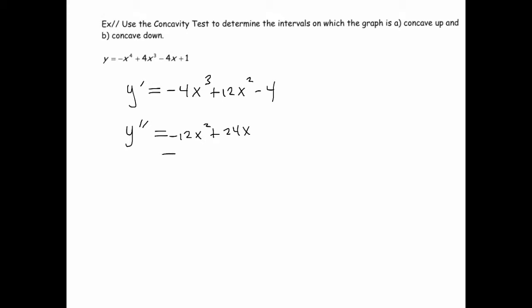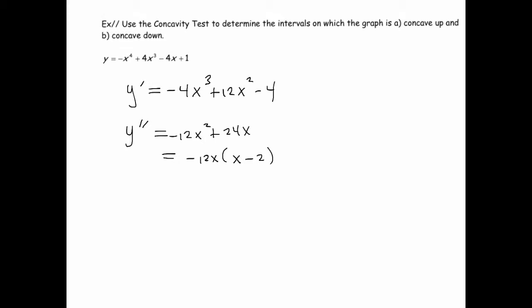And that factors, so I'm going to take out a negative 12x and get x minus 2. And so now what we want to do is set this second derivative equal to 0. Now, what we're doing when we do that is we're finding inflection points, or the potential areas where there could